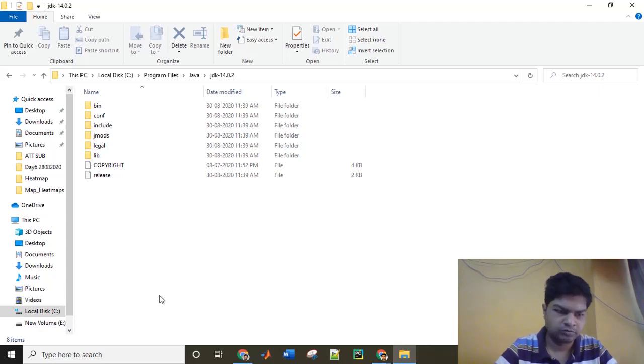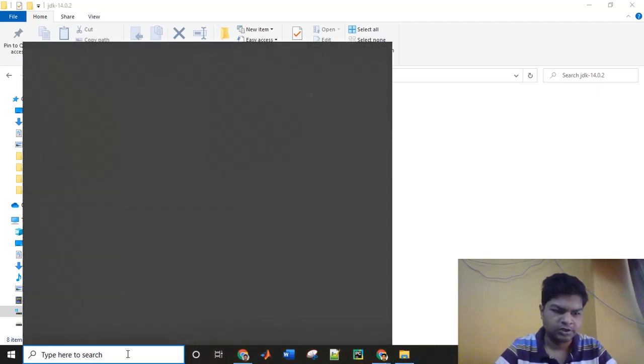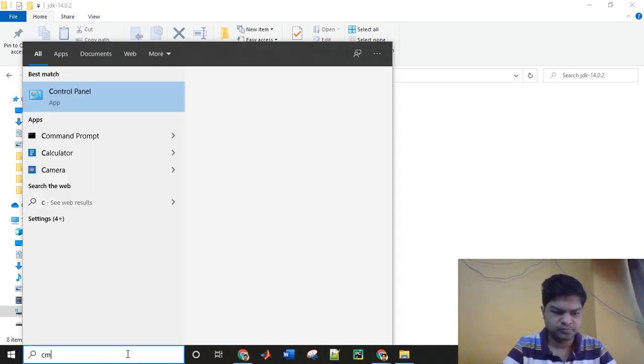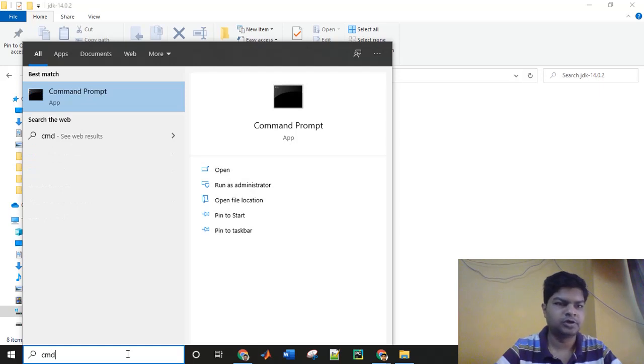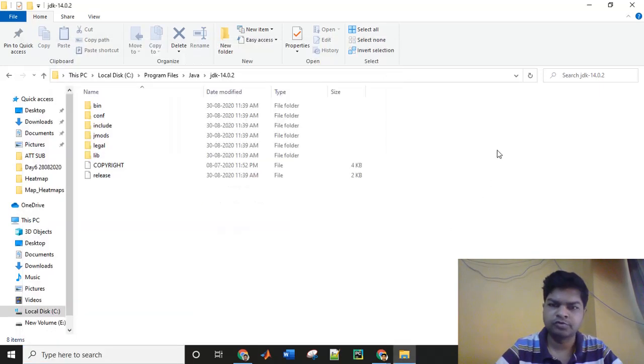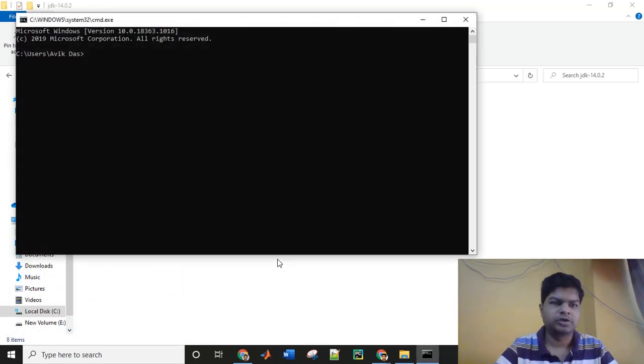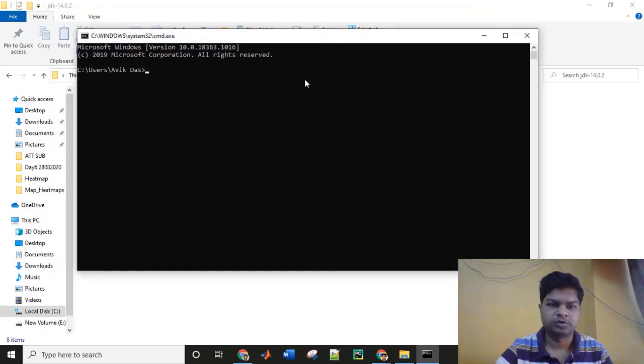Exit from all the command prompts, and then open the command prompt again by typing cmd. Alternatively, you can press the Windows key and R simultaneously, and then type cmd. Whichever way you open your command prompt.